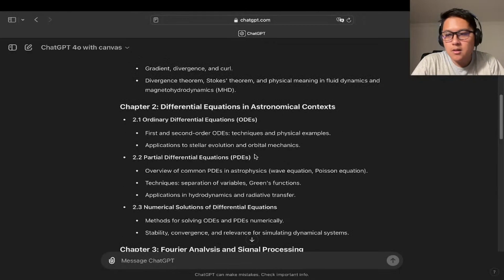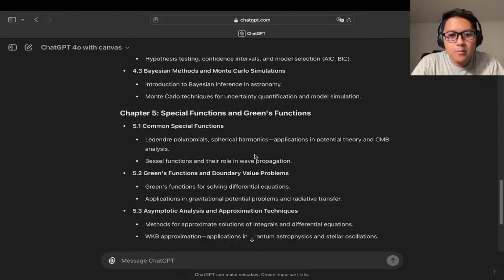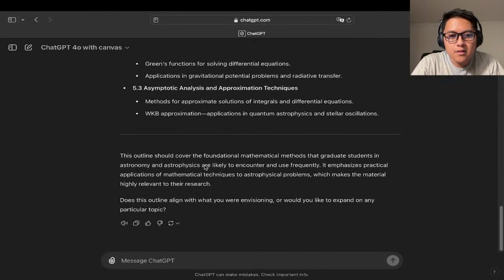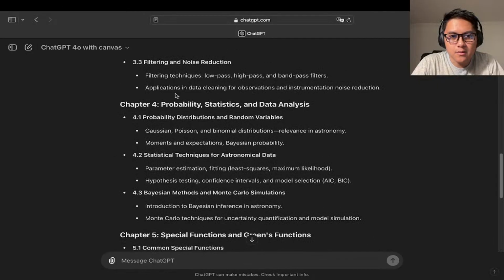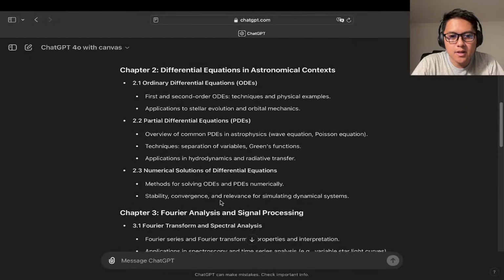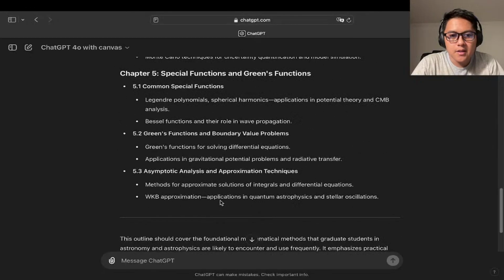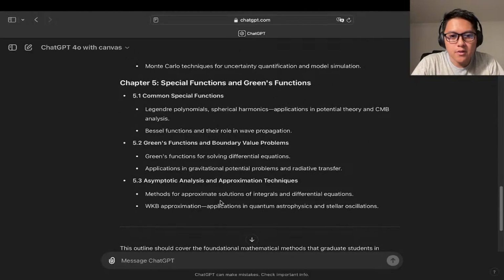ODEs. Mathematical methods. This outline should cover the foundation of mathematics. Yeah, these are actually all really good topics here. It's probably stat data analysis, Fourier analysis, signal processing, 5 special functions and Green's functions. This is all really